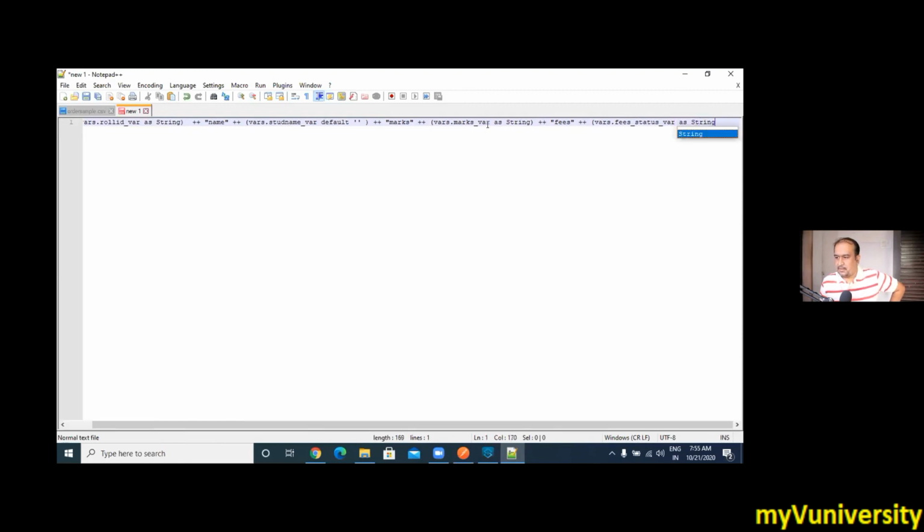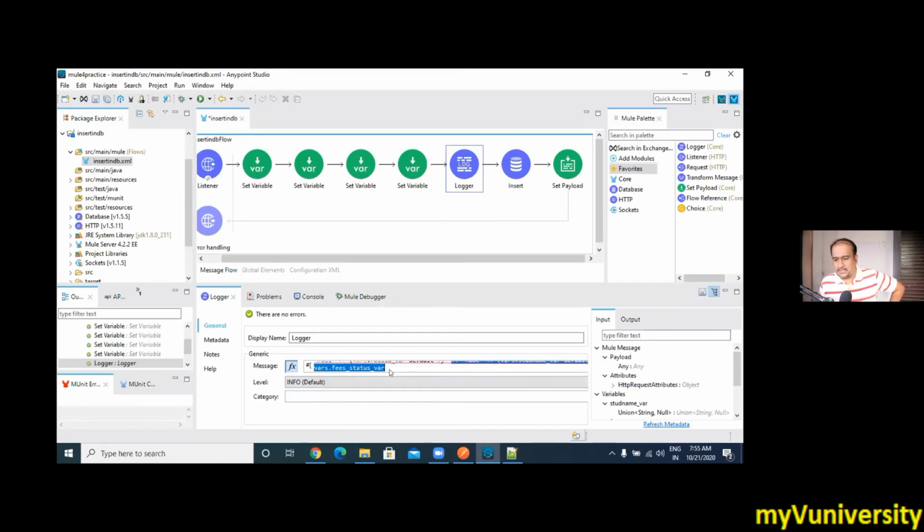As string. Okay. Just close it. Take this completely and let's see whether you get any null kind of error. If you are getting a null kind of error, default clauses are required. That's a thumb rule. If you get required string but getting number, that kind of error, then data type conversion is required. If you get required string but getting null, that kind of error, then default clause will be required. Let's see if there is any red line. If not, do not worry about that. Yellow line is fine. It is about an auto conversion warning. Leave that. But at least the red line is not there. Let's see whether it works for you.